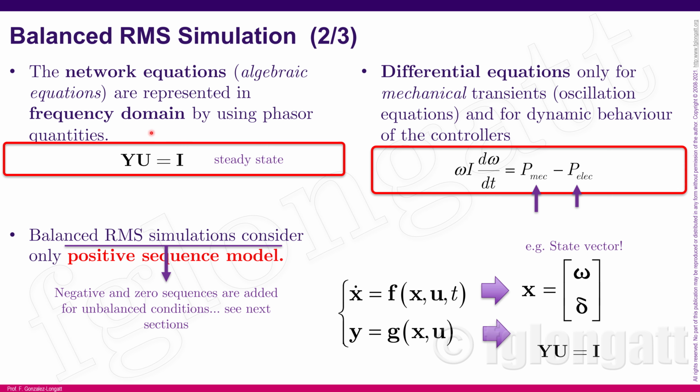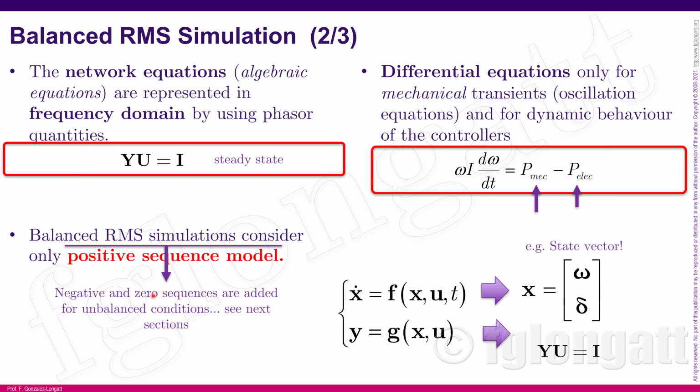In this case, we assume basic fundamental frequency moving through the whole system, and we can use phasors for voltages and currents, and the relationship between voltage and currents is defined by the admittance matrix. Extremely simple, okay? In this case, we are using just positive sequence. Remember that. We are using just positive sequence because we are using a balanced consideration, okay? We assume that A, B, C are similar, equal, to be honest, identical, and we can use